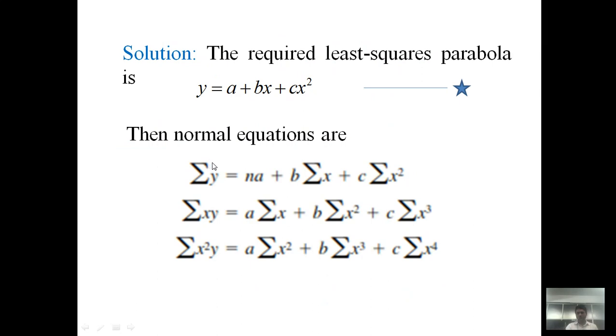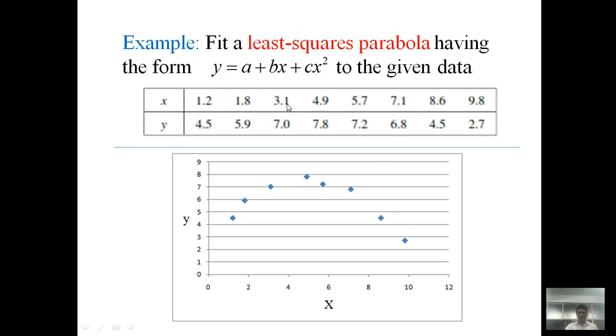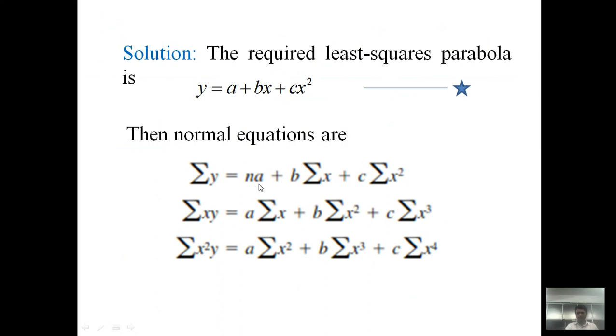So we have to write down all these three normal equations. So sum y is n into a, where n is the total number of data points, plus b into sum of x plus c into sum of x square. Similarly, second and third normal equations. So ultimately, to solve this system of linear equations, we have to find first of all sum of y, which is the first unknown quantity. The second one is sum of x. N is known, that is 8, because there are 8 data points. So calculate sum y, sum of x, sum of x square. So there are three quantities which we have to determine to solve equation 1.